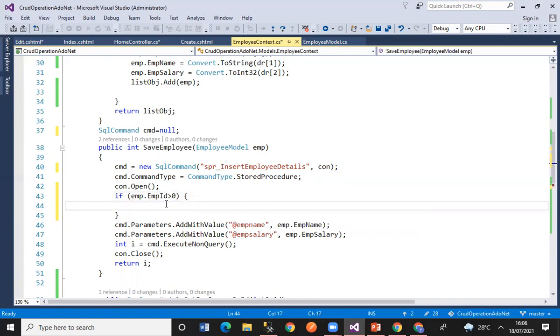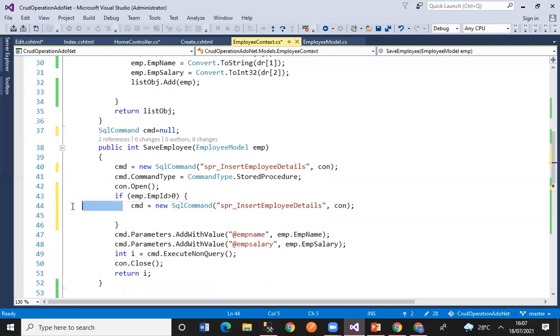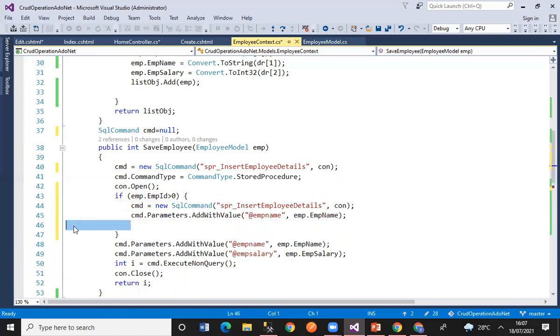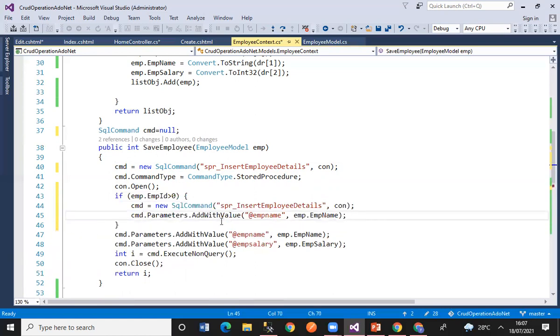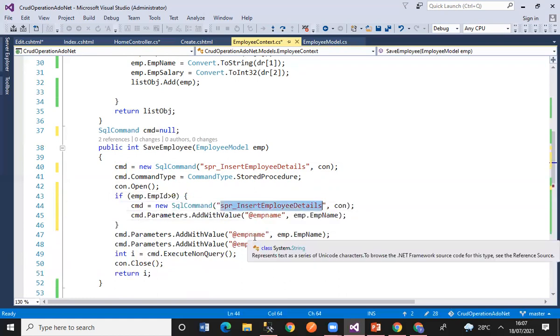So if your emp id is greater than 0, you want some other store procedure. Let me copy this and paste it here like this. Even if you want one more parameter, write that parameter here. Instead of this insert store procedure, we can take this update store procedure and pass it here.